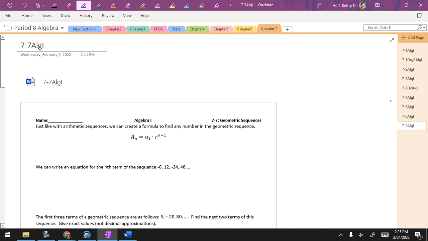This chapter? Yesterday we did exponential growth and decay. Thoughts? Once you got going on it, don't forget you have to know the formula for exponential growth, exponential decay, and